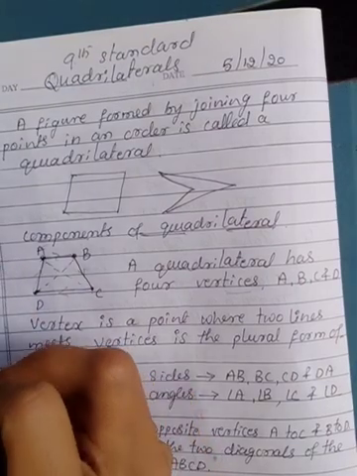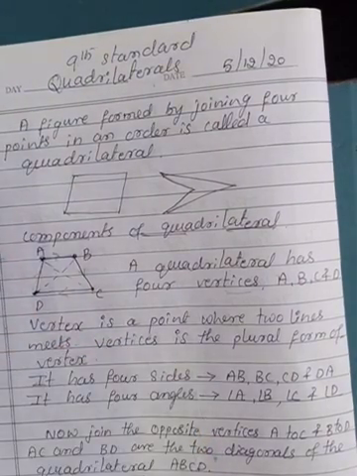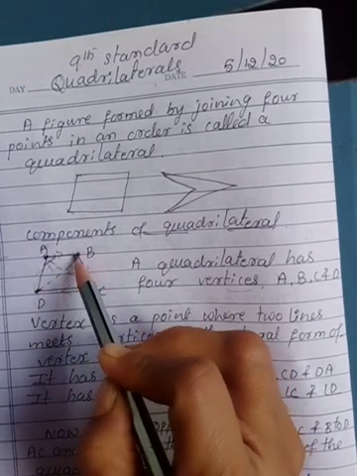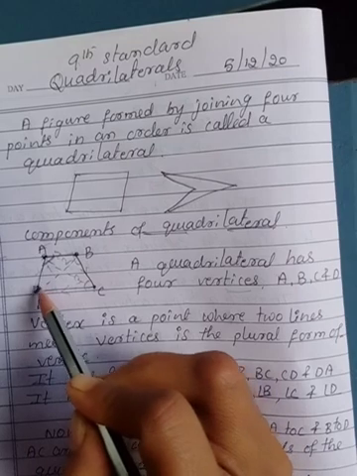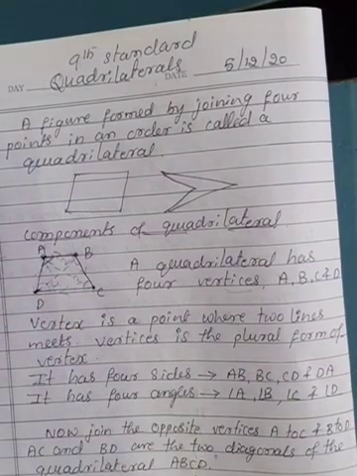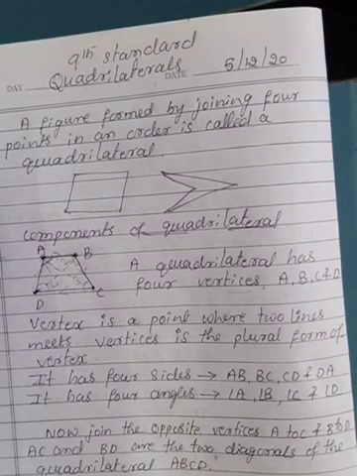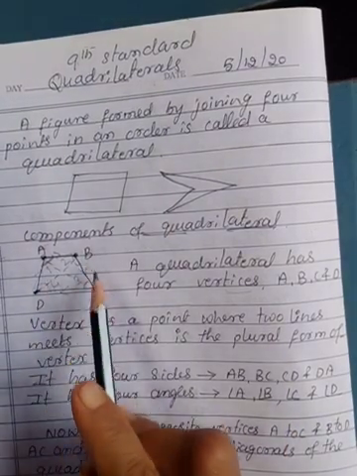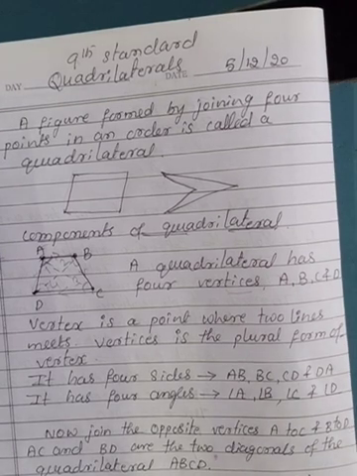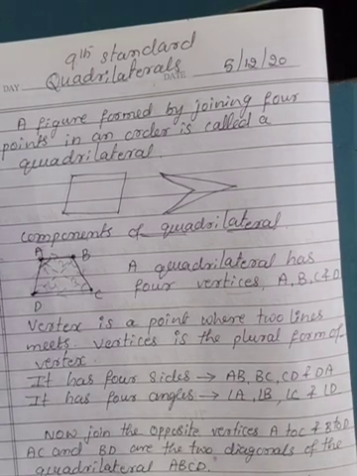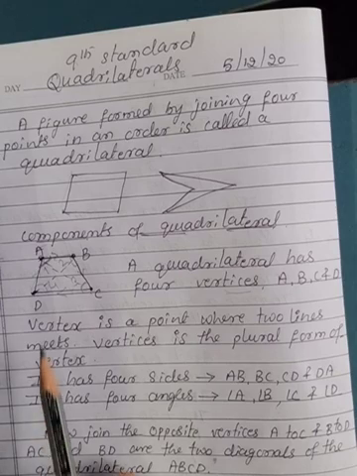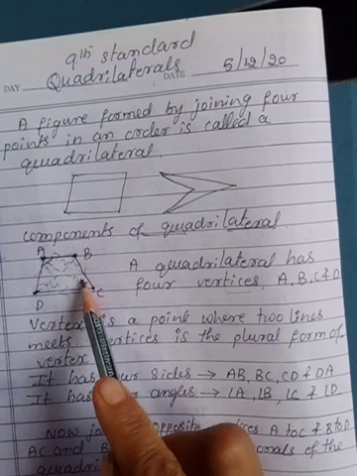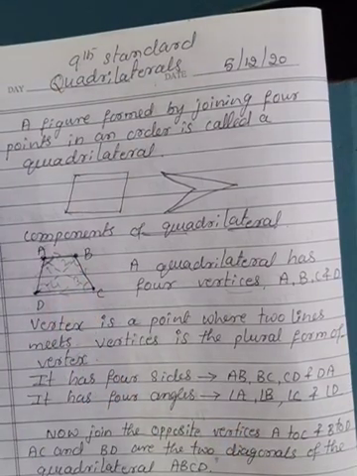In the same way, when two lines meet, an angle will be formed, isn't it? So here also you are getting angle 1, angle 2, angle 3, angle 4. How many angles you will be having here? There are 4 angles: angle A, angle B, angle C and angle D. So a quadrilateral will be having 4 angles. So it consists of 4 vertices, 4 sides and 4 angles. All will be 4, 4, 4 here.